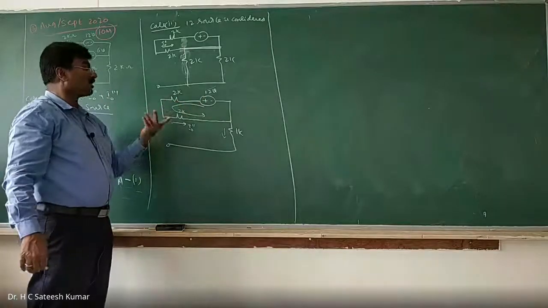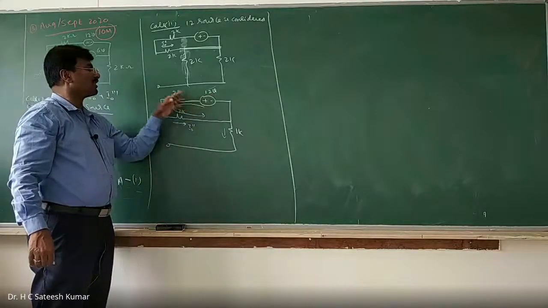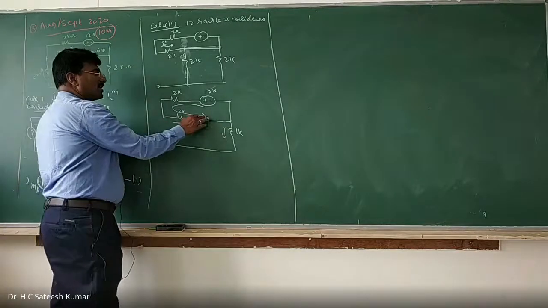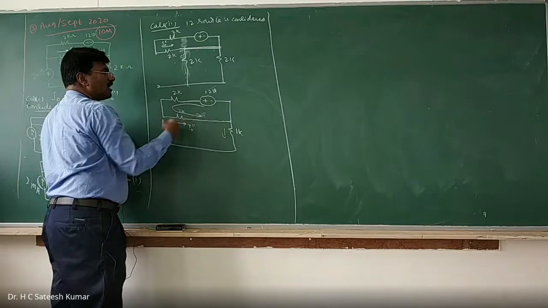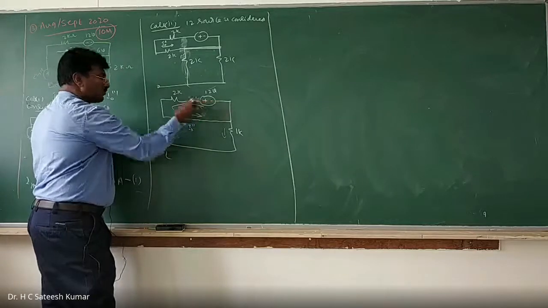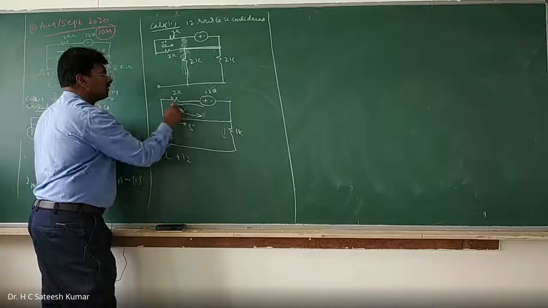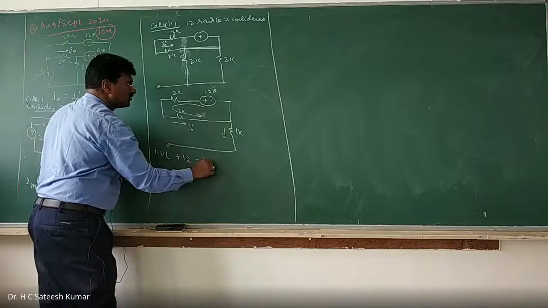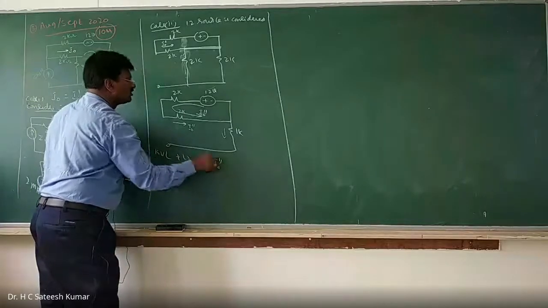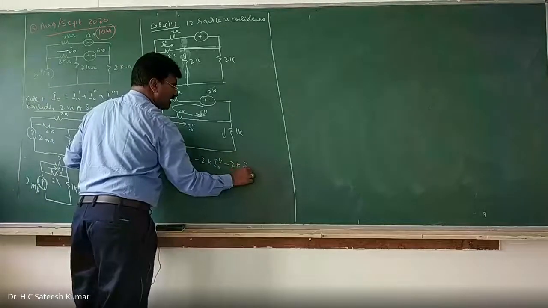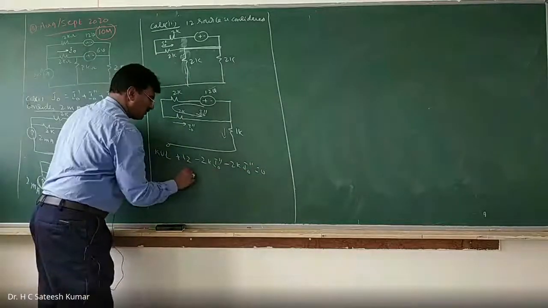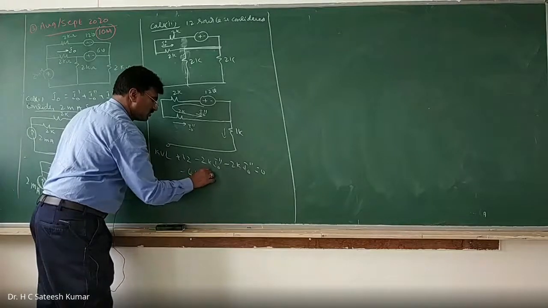For example, 12 volts divided by 2K plus 2K, you will get the current. But what is the direction? Therefore, what you should do is apply KVL and find out the current. So now in this direction only I am taking it. If you want, you can start from this point, KVL. Start from minus to plus: 12 minus 2K into I naught double dash minus 2K into I naught double dash is equal to 0. So now what will you get? Minus 2K minus 2K into I naught double dash is equal to minus 12.